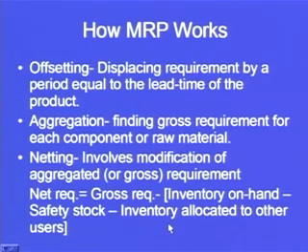From the gross requirement, whatever we are having, the safety stock will be subtracted, because we don't want to use the safety stock. That is only for certain exigencies, because of lumpy demand. If a requirement arises, then only are we going to use the safety stock. Similarly, inventory allocated to other users. Now we see that so many different products are manufactured. So for any other product, if we have already allocated certain inventory items, that will be subtracted in order to get the net requirement. So gross requirement minus these three components, this involves the netting.